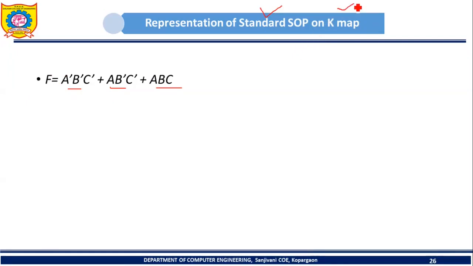Again, one question may come to your mind: why is it required to represent this function on K-map? By using this logical expression, is it possible to design a digital circuit? Yes. This function may be defining some digital circuit. I told you that there are various ways by which we can describe the behavior of a digital circuit. We can make use of a truth table, or a logical expression, a logical function. So this function may be representing some digital circuit.